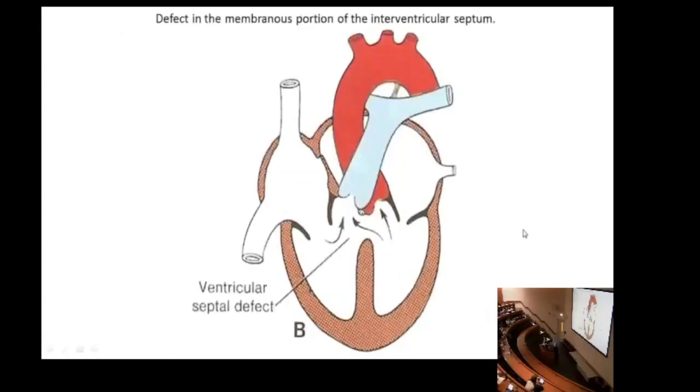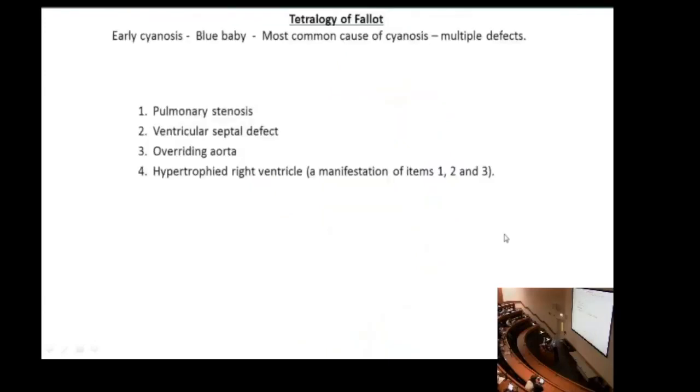And it allows for mixing of ventricular blood. Again, the problem is you're just not fully oxygenated. Okay, those are ventricular and atrial septal defects. There is another one,